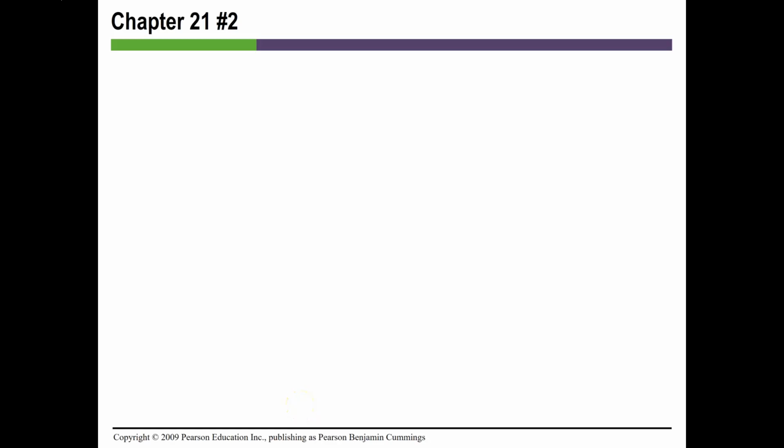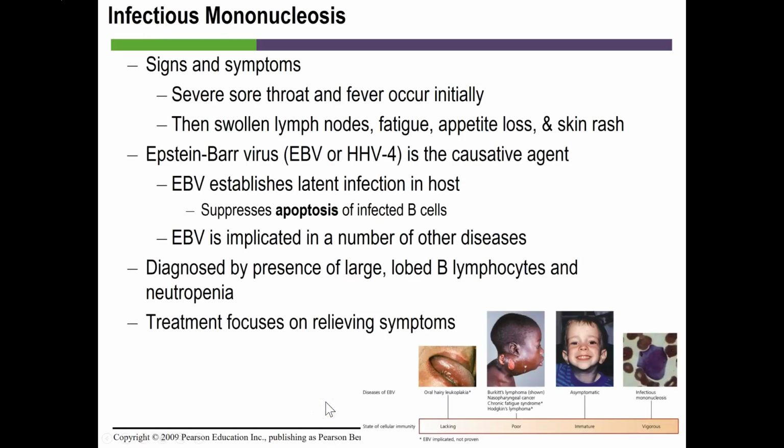We start video number 2 talking about infectious mononucleosis, an infection with a virus that I can guarantee almost everyone in this class has at this present time. The Epstein-Barr virus is actually a human herpes virus, given the designation number 4, or HHV4 for short. It's not the same as HSV1 and 2 that cause genital and oral herpes, but a different member of the herpes family of viruses. It establishes a latent infection in B cells, meaning that it exists and replicates in B